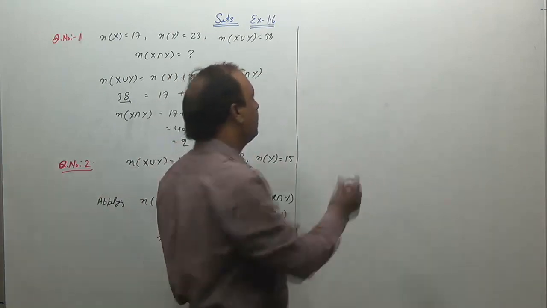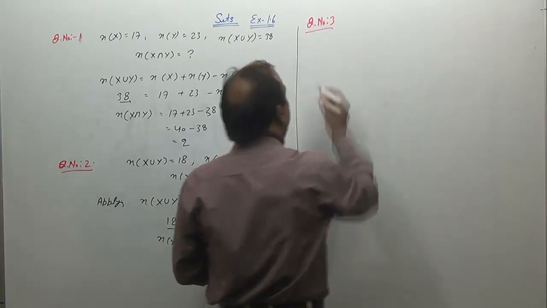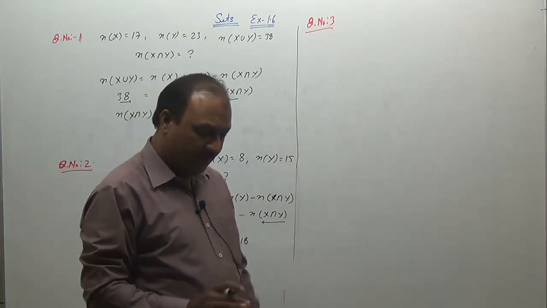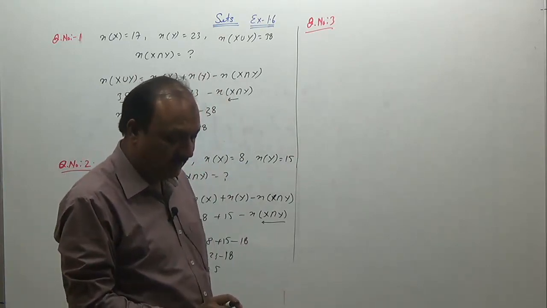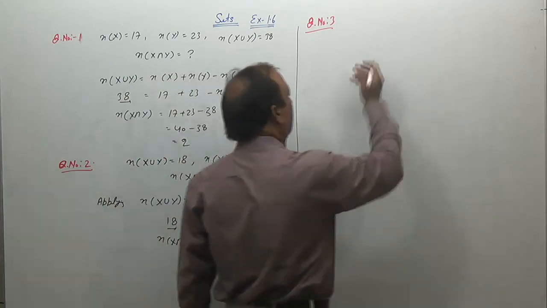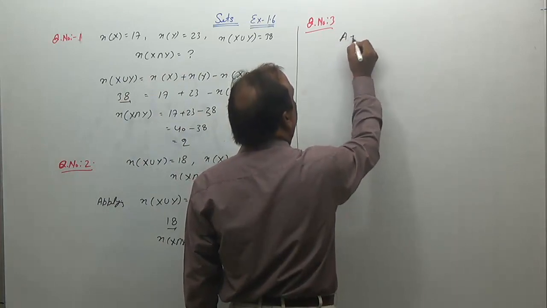Now question 3. In a group of 400 people, 250 can speak Hindi and 200 can speak English. So first of all, define the set. Let us suppose A